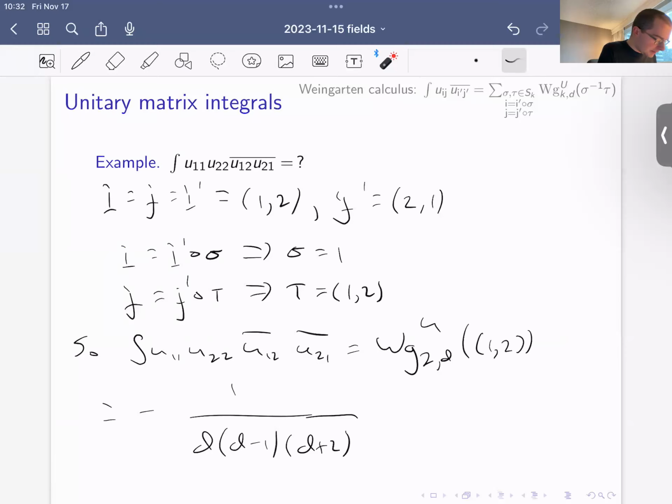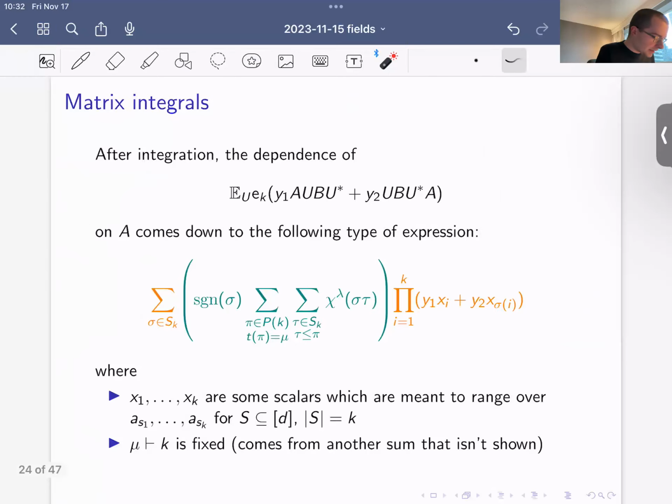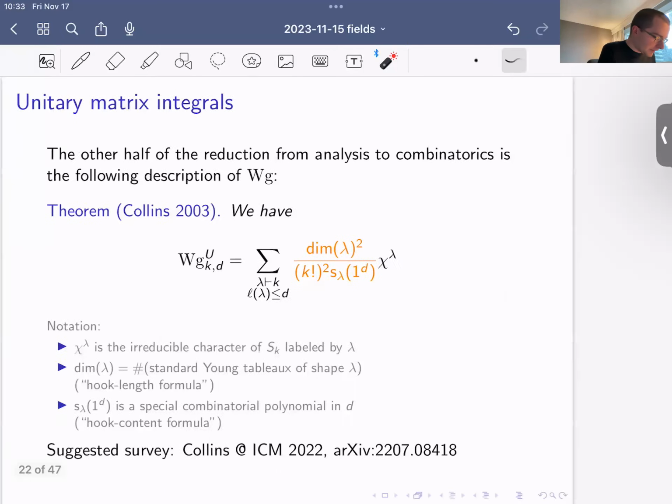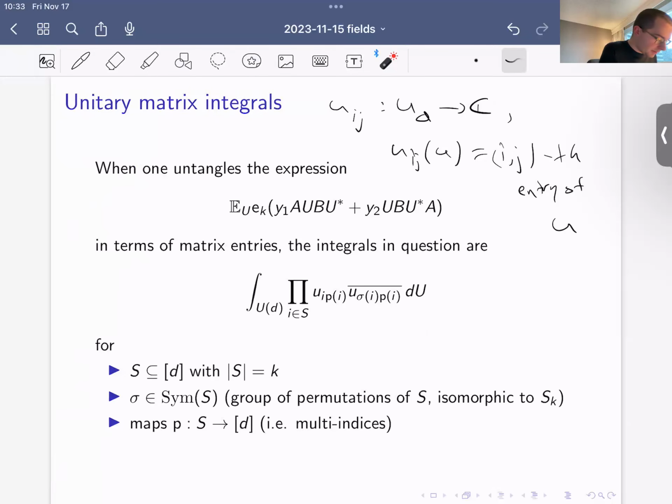So this is just a short illustration of how Weingarten calculus works. It's a pretty short computation for something that you might not expect to be easy to compute. So with this example, I hope I've conveyed how Weingarten calculus is reducing the analysis to combinatorics. And so once we've used this in general for these integrals that we wanted to compute,